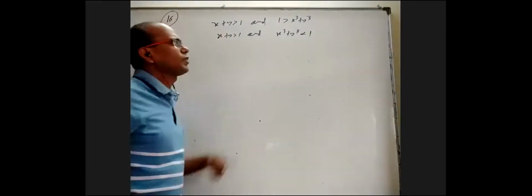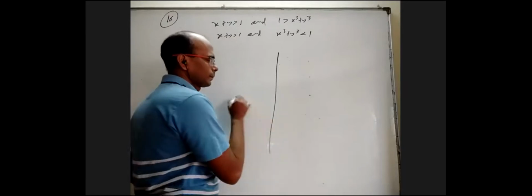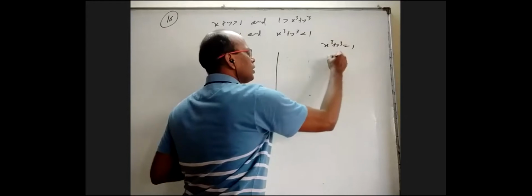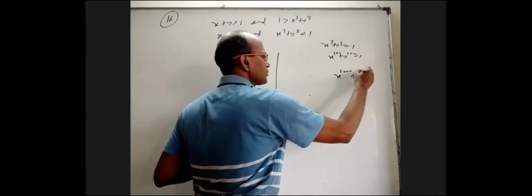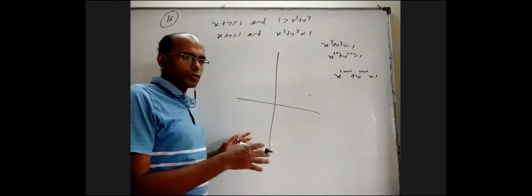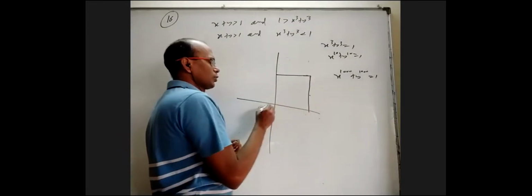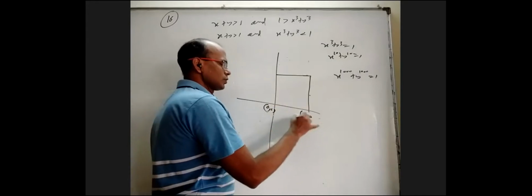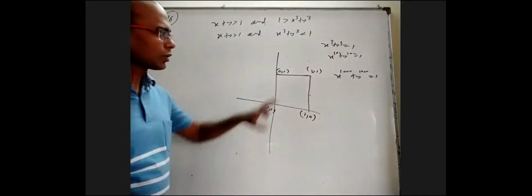I'll tell you the graph of this only in first quadrant. For other quadrants, with even numbers okay, odd numbers you have to be a little careful. Whether you take x cube plus y cube equal to 1 or x power 10 plus y power 10 equal to 1 or x power 1000 plus y power 1000 equal to 1, whatever you take, within first quadrant, the graph has to lie within this square. This is 0, 0. This is 1, 0. This is 1, 1. This is 0, 1. Graph cannot go outside this square.